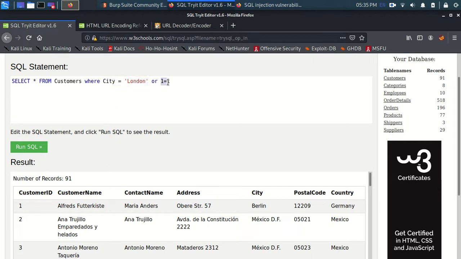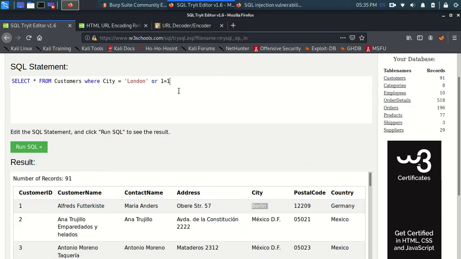Now this thing depends on each and every record. For the first example, his city is Berlin, but this statement says city should be London, so it comes as false. But 1 is equal to 1 is always true, so it's false or true. And as you can see, for the OR statements the true one is always selected, so that is why it goes to the next stage.